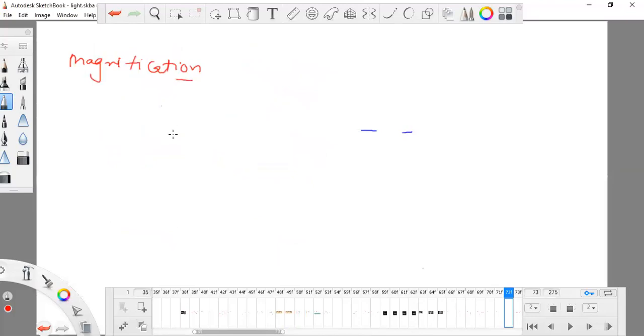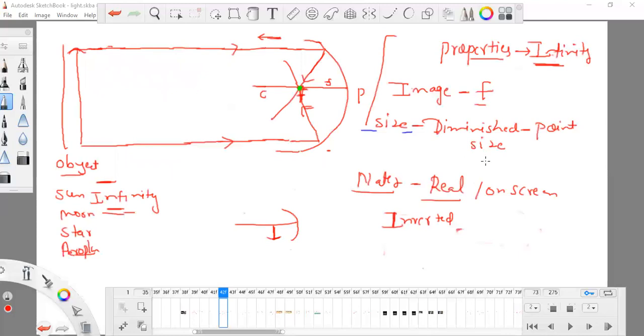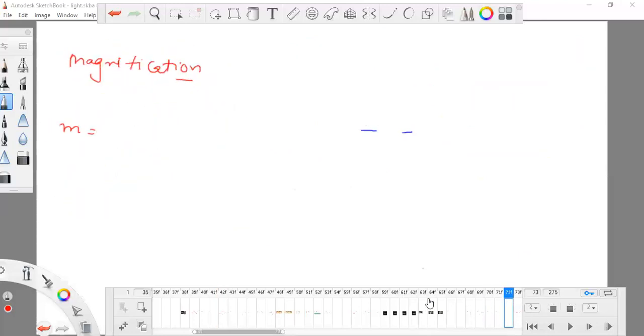So this is known as magnification, that either the image forming will be diminished in comparison with the object, or it will be the same size as the object, or it will get enlarged. So this is known as magnification. The formula of magnification, which is known as M, tells how we find out whether the image which is forming is large or diminished, or of which size. So we can find the exact size.